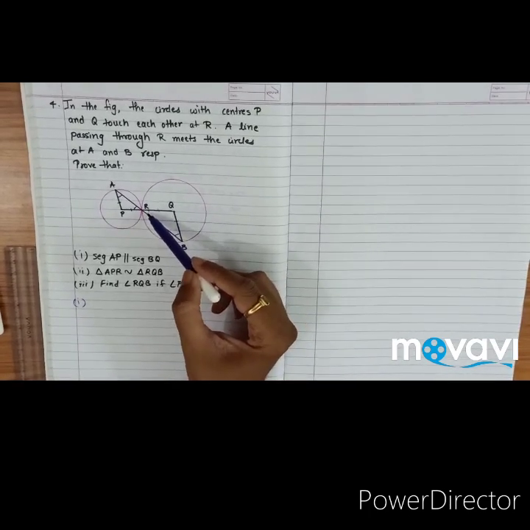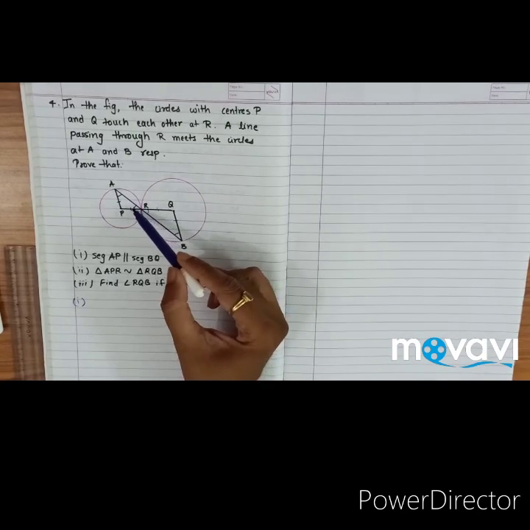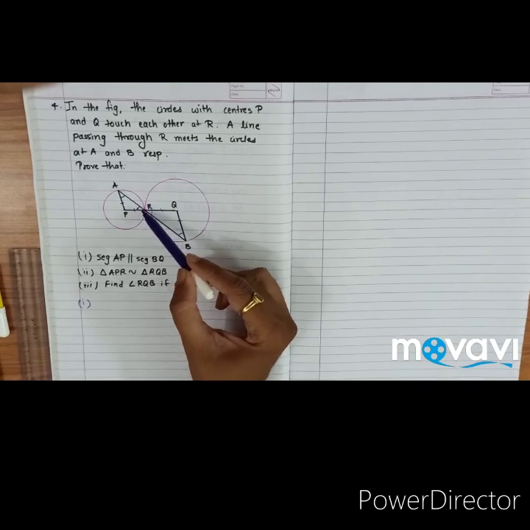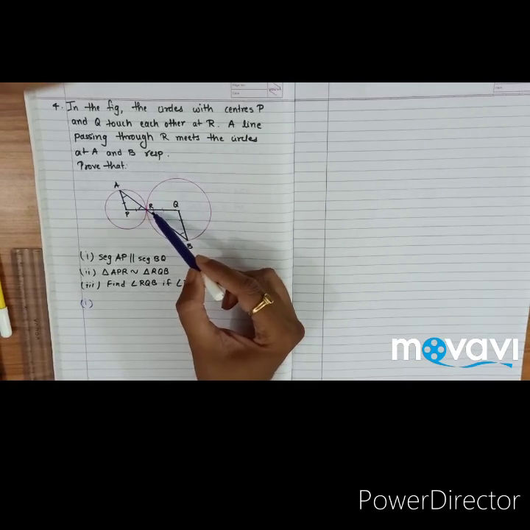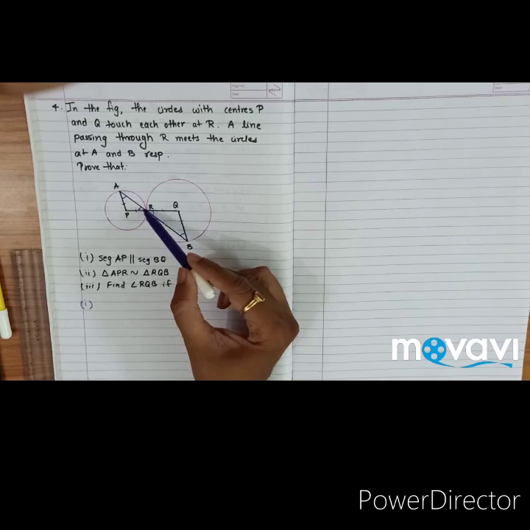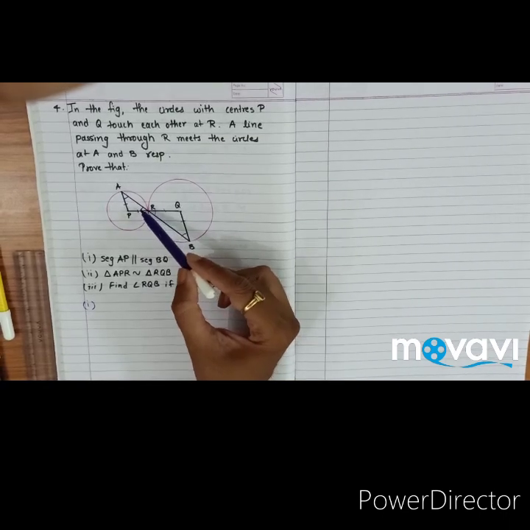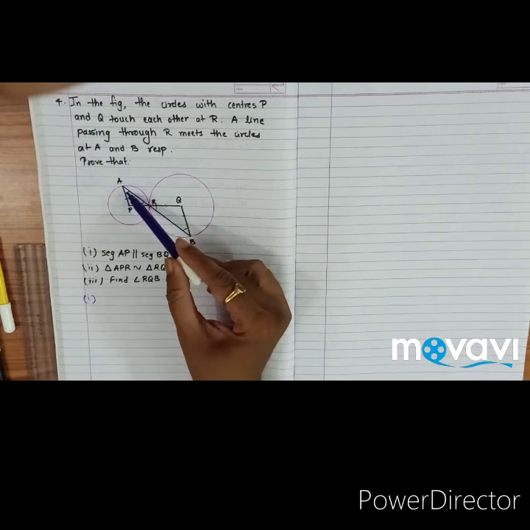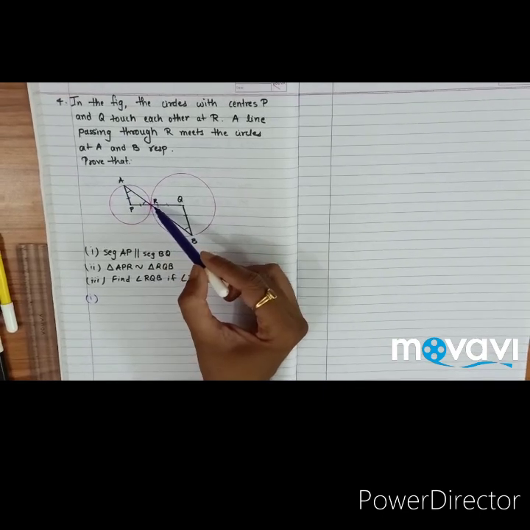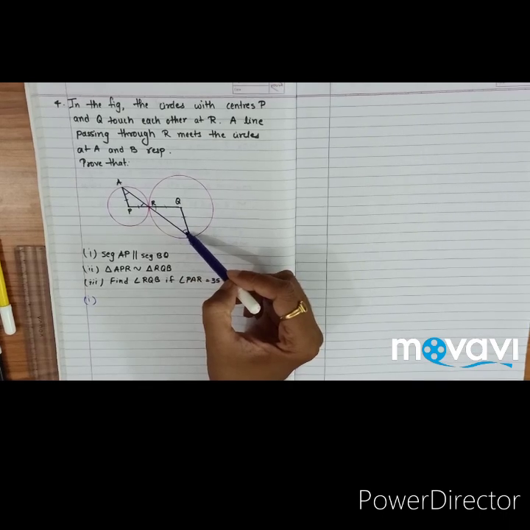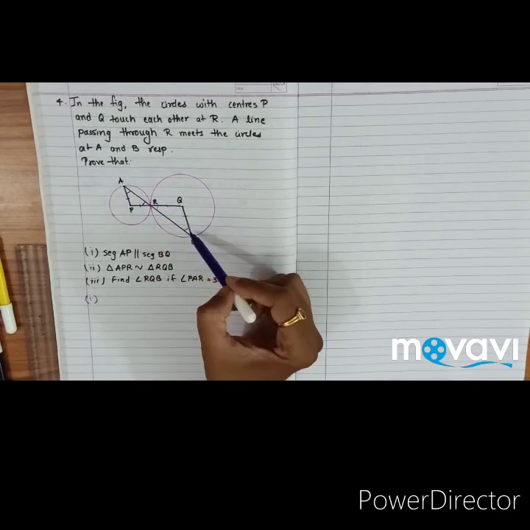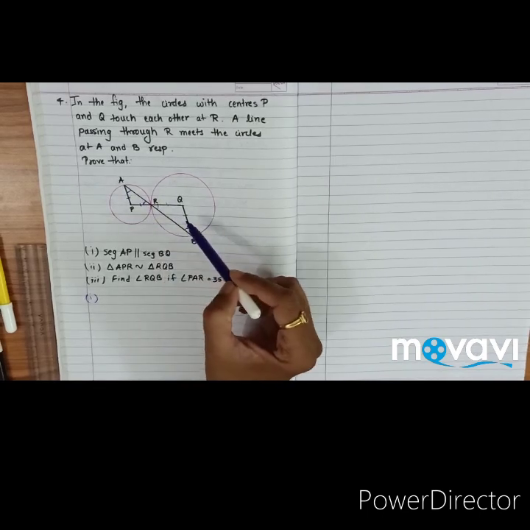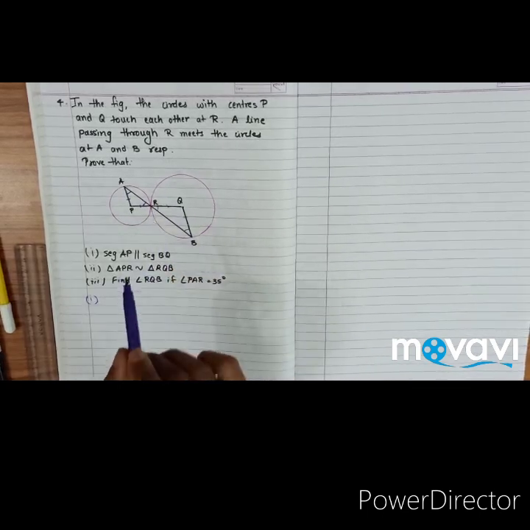Now see this condition, they form a pair of vertically opposite angles. So if these two are vertically opposite angles, it means that they are congruent to each other. Now see, this angle is congruent to this angle, that is angle A is congruent to angle R here. The same way, angle R is congruent to angle B. So what can I say? Angle A is congruent to angle B. They form a pair of alternate angles. The lines are parallel. So let us put it down.